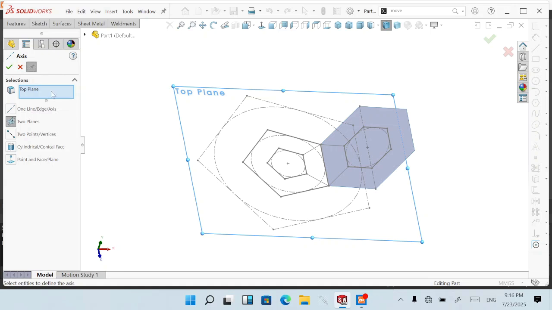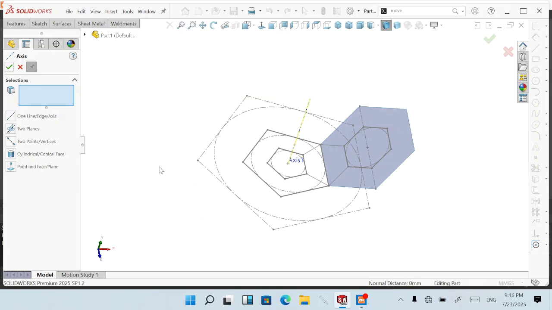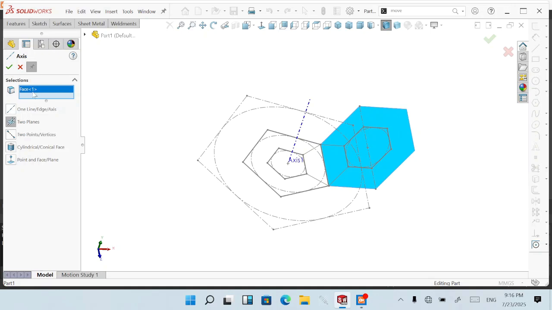So we have selected the top plane. You can see the top plane is showing, and then come here, select the center of our polygon. So you will see a kind of yellowish line erecting vertically and perpendicular to the top plane. So that is what we want exactly. So click OK. Now click on our plane surface, and then face 1 appears on this particular reference entity,